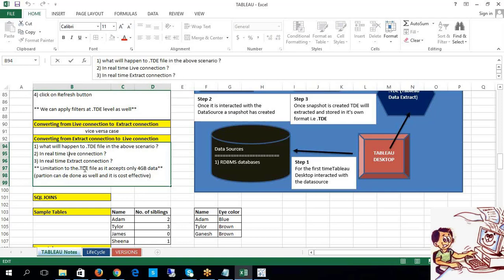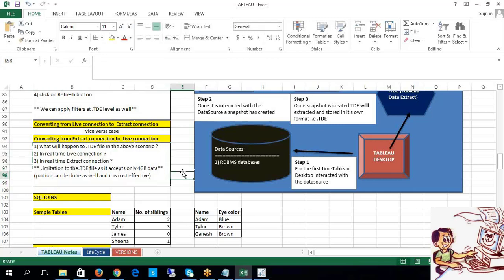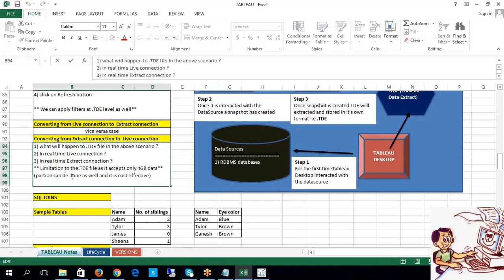Now you can ask me, then why was this extract concept given? Because the customer is, let's say, doing some analysis only for a specific period, like the current week, and doesn't want any previous data. That is the reason they have given this concept of TDE. Specific periodical analysis can be done with data extraction. And partitioning is, in most cases, cost effective, because we are going to put in some more hard drive configurations, and we can achieve this. Okay guys,